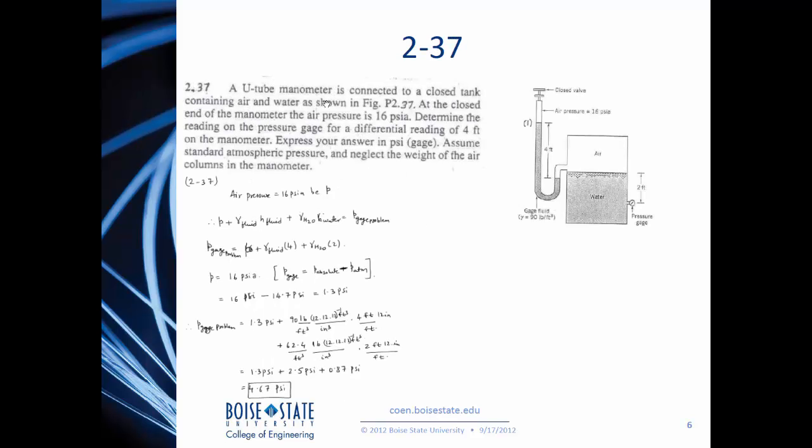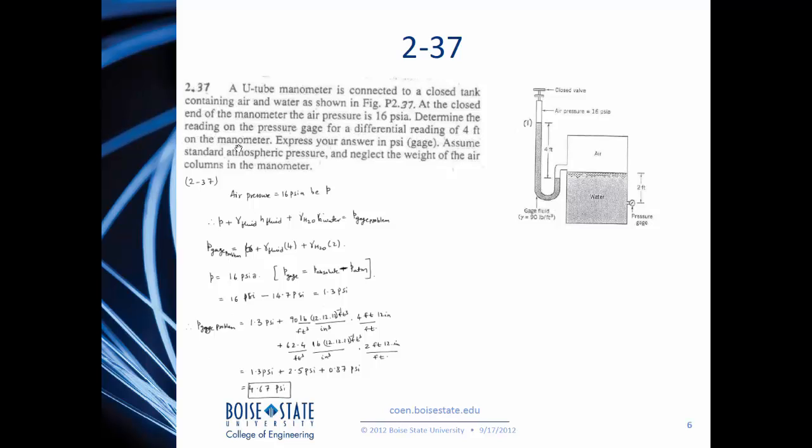A U-tube manometer is connected to a closed tank containing air and water as shown. So this is your U-tube manometer, this is your tank. At the closed end of the manometer, the air pressure is 16 psia. You're asked to determine, which is shown here, the reading on the pressure gauge for a